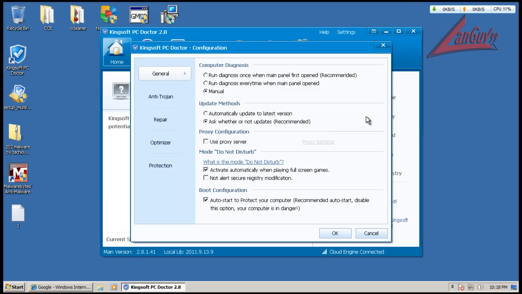Some of the configuration options here. So you can run diagnosis whenever you open it, every time the panel is open, or manually. Update methods, like that was that update right there. Yeah, that was set up to manual. Automatically check for full screen, auto start to protect your computer. It has a cloud built-in